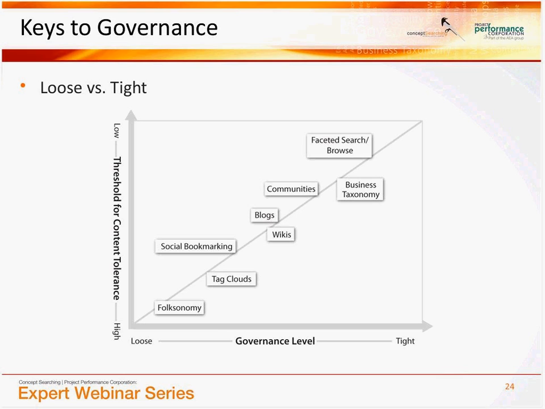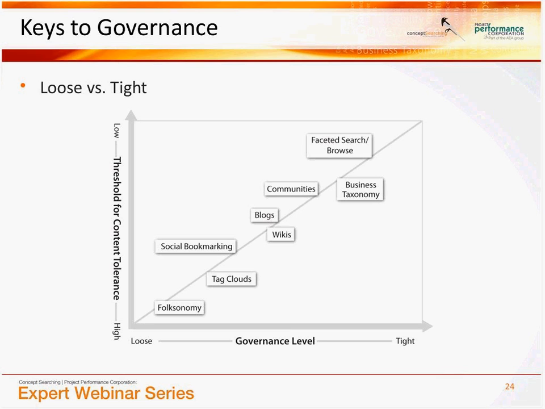This slide is one that I like to present because I think that governance is very personal to each organization. Everyone has their different level of tolerance, if you will, for what they're willing to accept, how much freedom they're willing to give their users, or how locked down the content management actually is. And every organization has different levels of tolerance for these things. So this is a good way of trying to figure out where you sit in this spectrum. On the tight end, the threshold for content tolerance is pretty low,